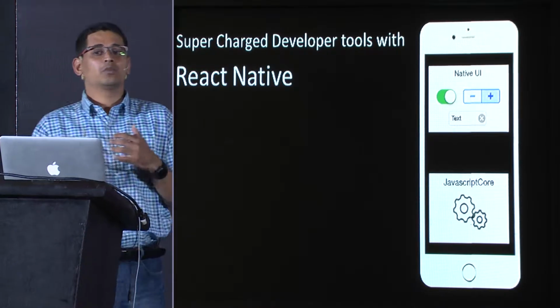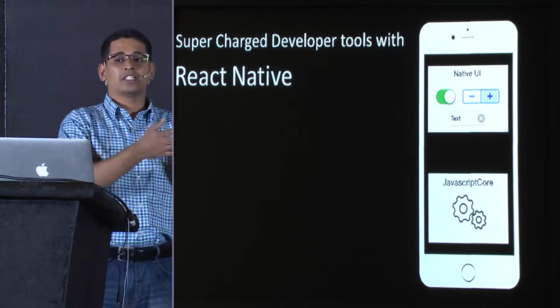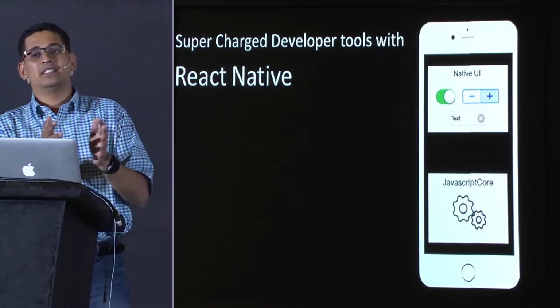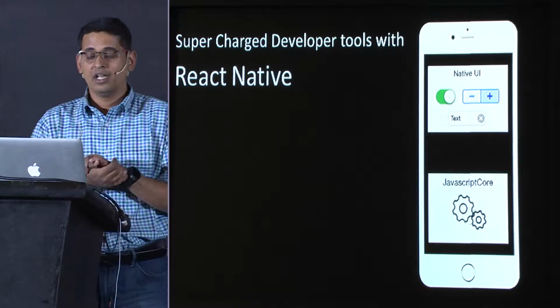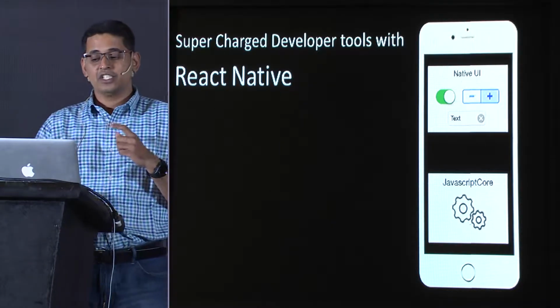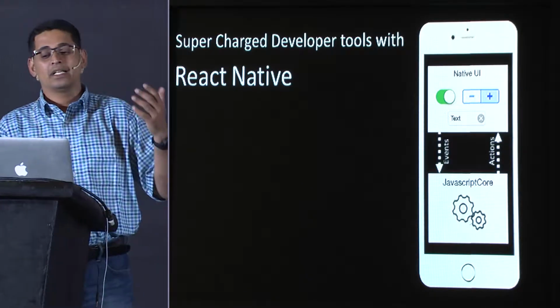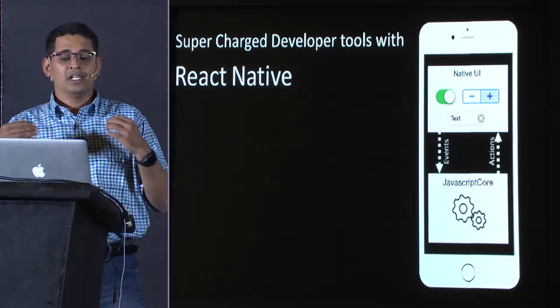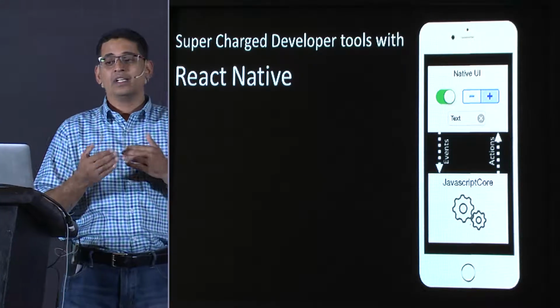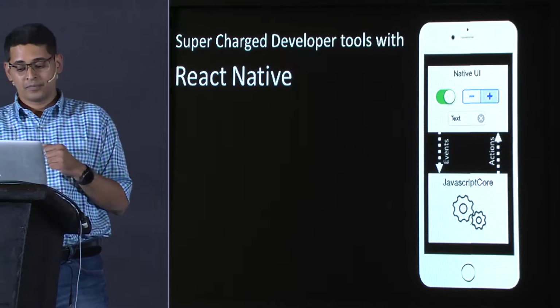JavaScript core, which is what comes pre-bundled with your iOS devices. It's similar to what Francesca was talking about in terms of V8. JSC is yet another JavaScript virtual machine. And the way this entire structure works is JSC starts sending instructions to the native part of the world, and then you get events from the native to JavaScript. And this interaction ensures that it's not like a full screen web view. This ensures that it's super performant.